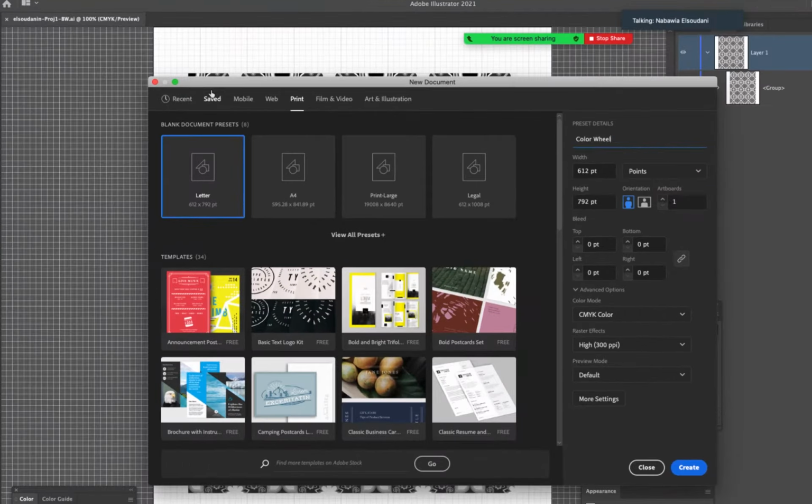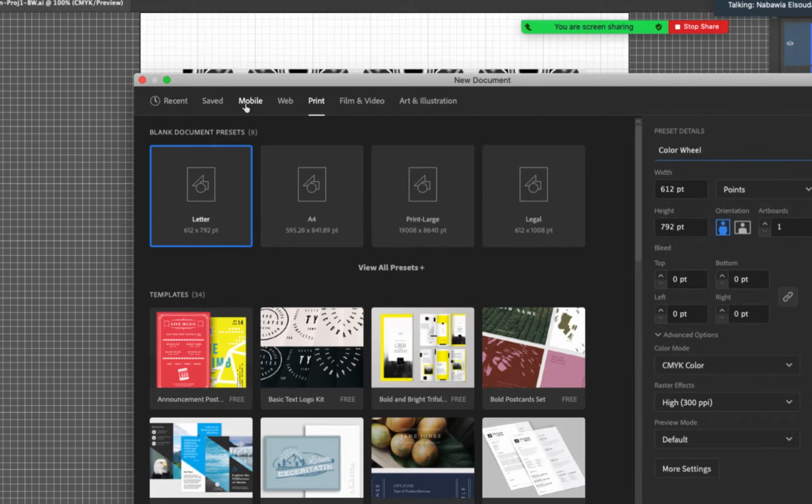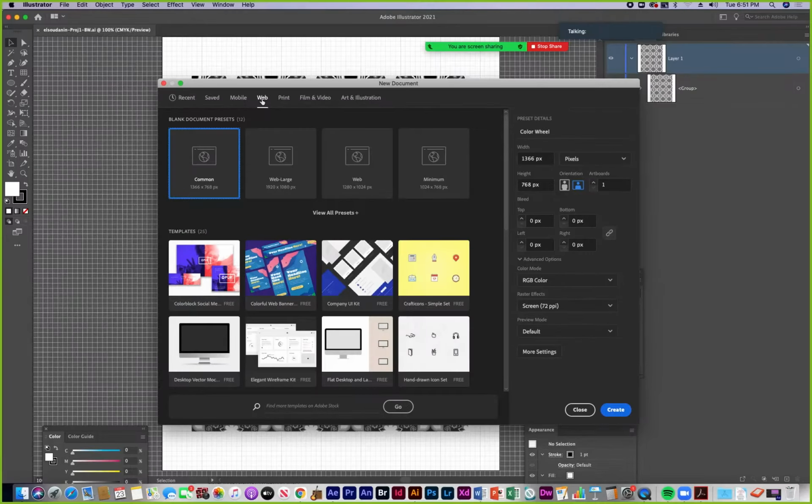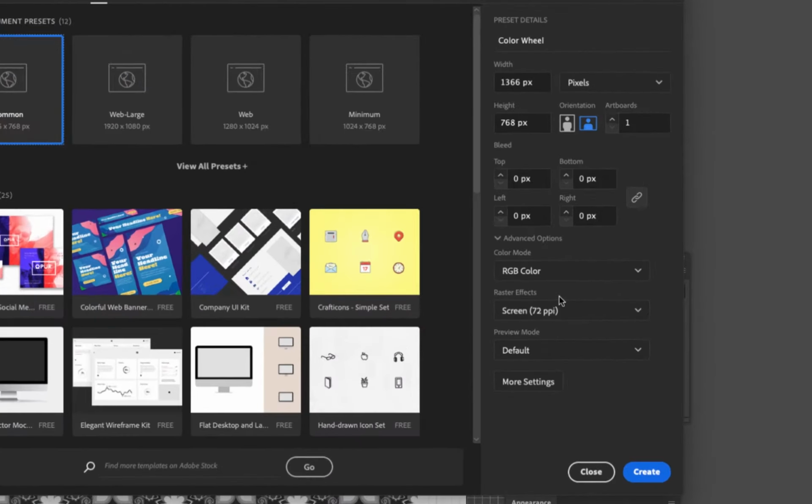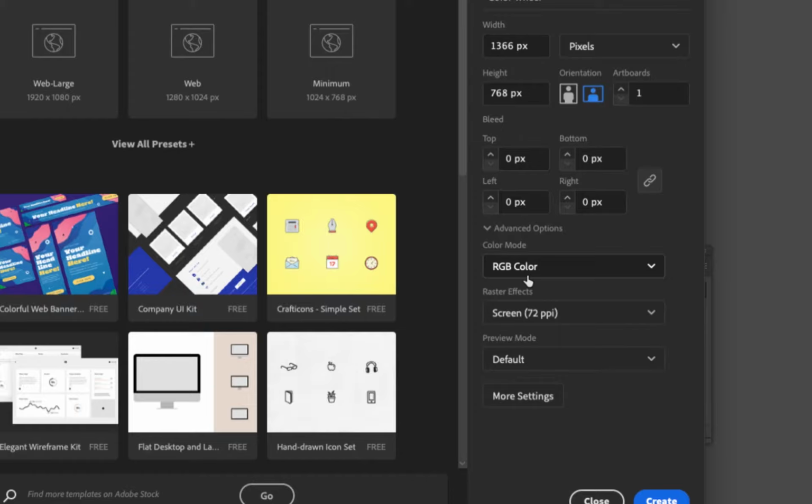With all the other presets, like if you're doing presets for the web, notice the color mode is RGB color, because RGB color is the color mode that is ideal for the screen.